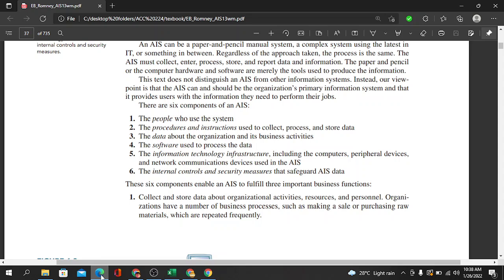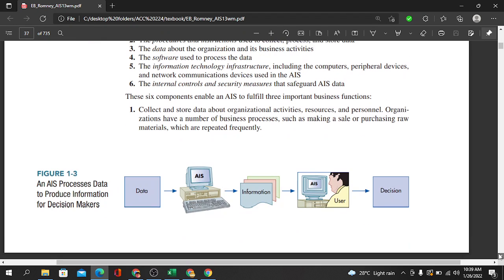I agree with Miss Pipino, ma'am, na walang superior sa components ng AIS, ma'am, because these components, ma'am, will enable the business, ma'am, to function properly po, ma'am. They enable to collect and store data about the organizational activities po, ma'am, and to transform the data into information, ma'am, for the decision making of the business po. Yes, no? So lahat ng components, they play an important role in the system.